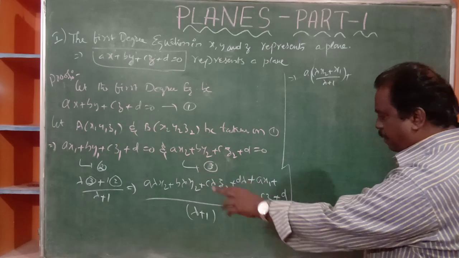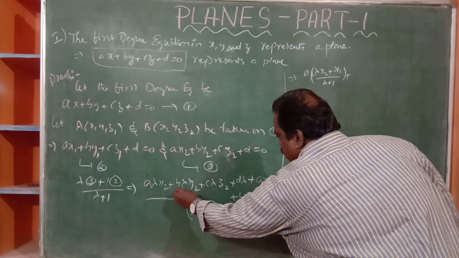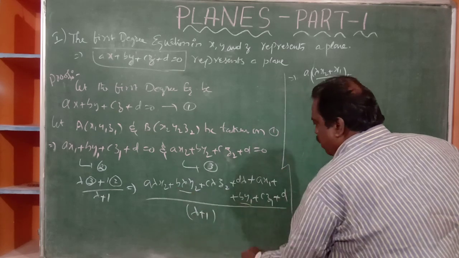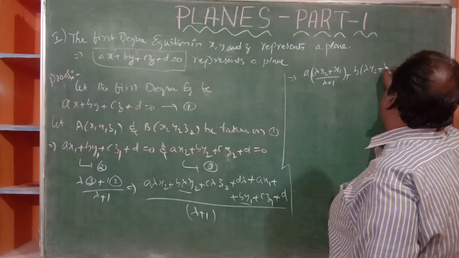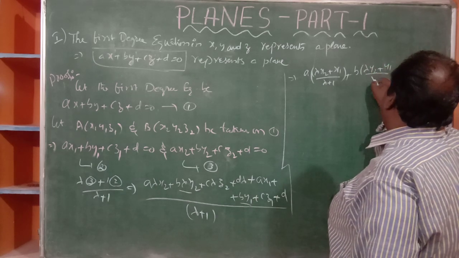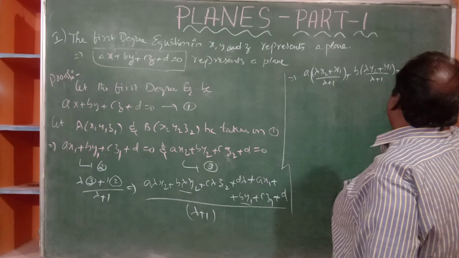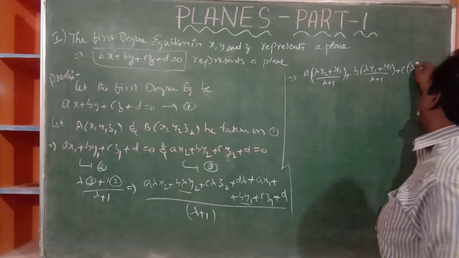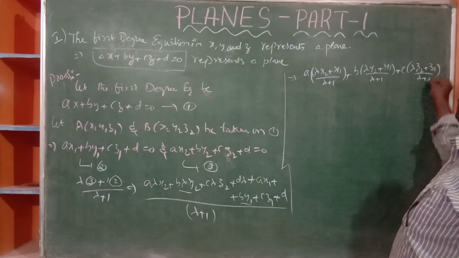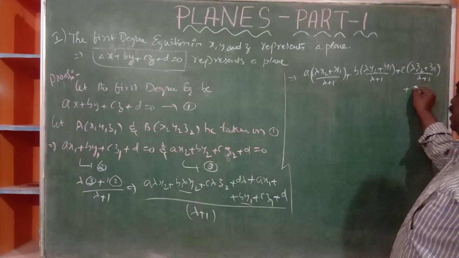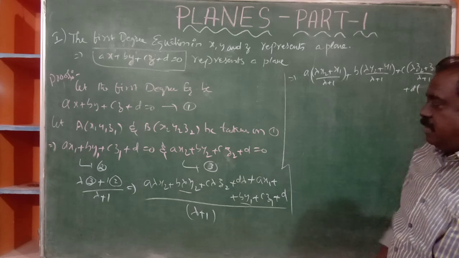Next, b is common. Where is b common? Here and here. So b of (lambda y2 plus y1) by (lambda plus 1), plus c of (lambda z2 plus z1) by (lambda plus 1), plus d of